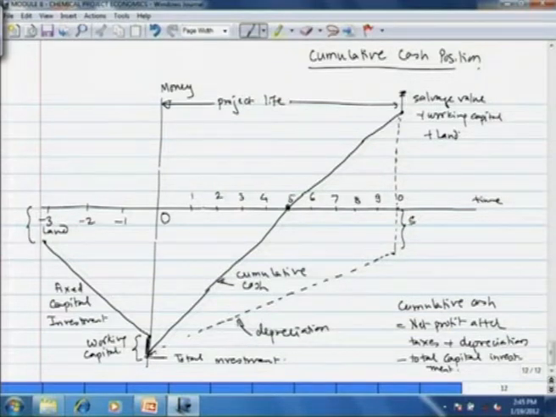Like this much is the salvage recovery. Depreciation. That means you sell off the equipment at year 10, and the total cost of equipment at this point is this much. So, this much we add here at the top, and that is it. So, this is a typical cumulative cash flow diagram.